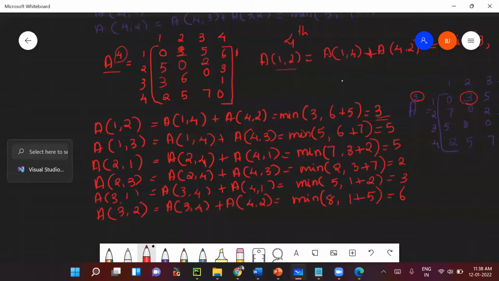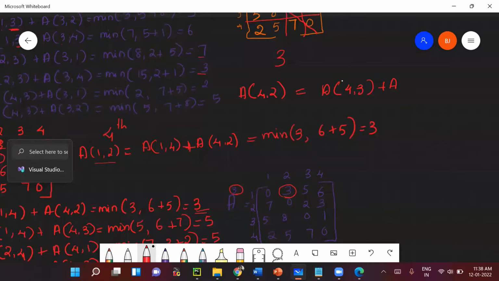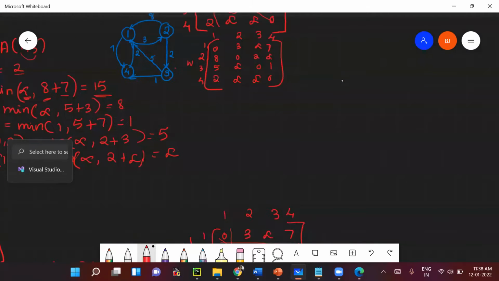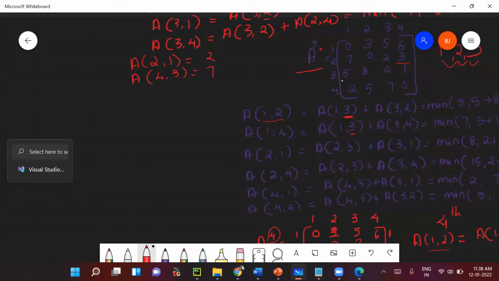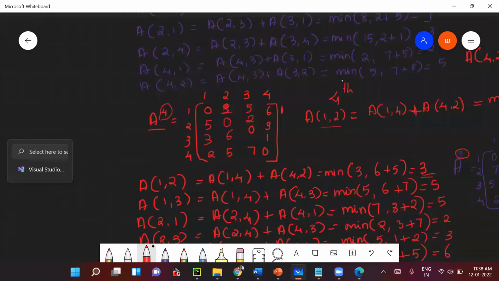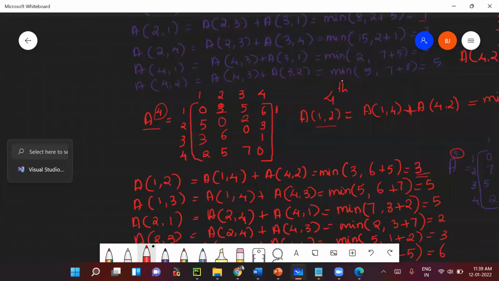How many vertices was this graph having? The graph is having 4 vertices. So in the last step, you will be using all the 4 vertices as intermediate vertex. When you consider all the vertices as intermediate vertex, the distance matrix will be updated, and the last matrix which we are getting will be the optimal or the minimum shortest path from each vertex to all other vertices. You can give the assurance that this will be the shortest path existing from each vertex to all other vertices.